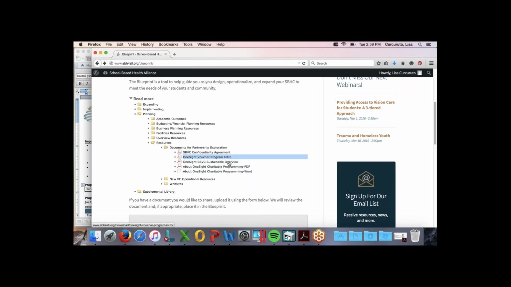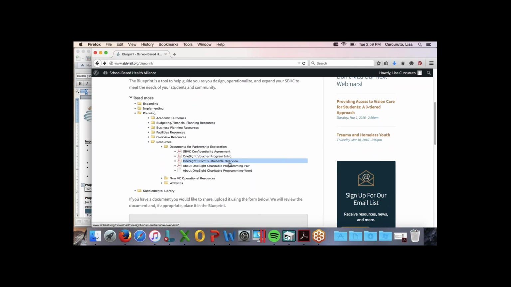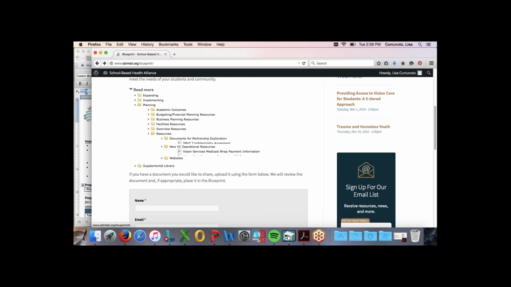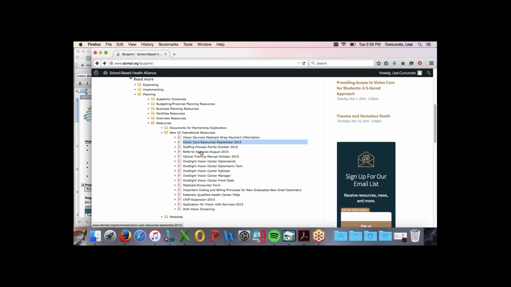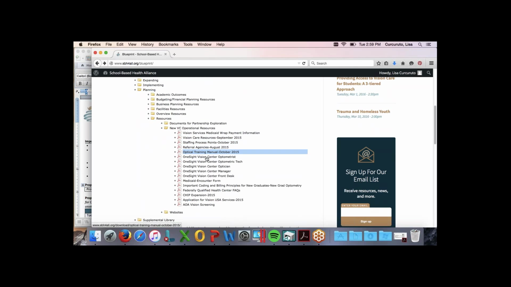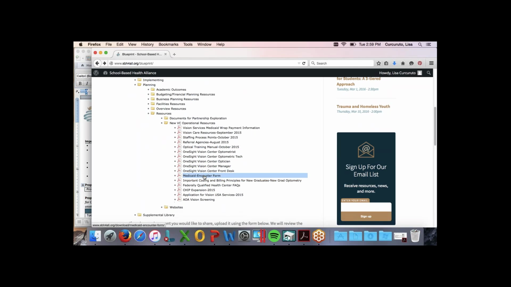those. We also have our school-based vision center confidentiality agreement on here, and some more operational resources around vision services, Medicaid RAP payment, vision care resources, staffing processes, what staff you would need for a vision center, their job descriptions, and then coding and billing information. So there's a lot to look at here. There's a lot that can get you started and kind of digging in and seeing what it might take to